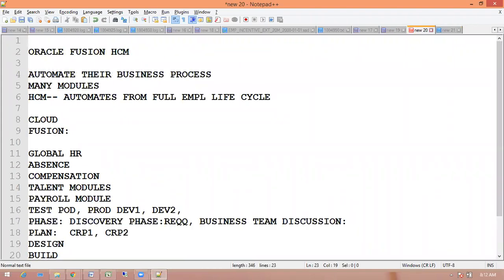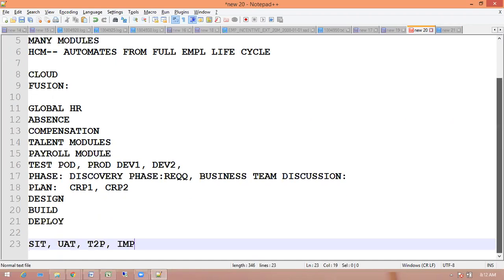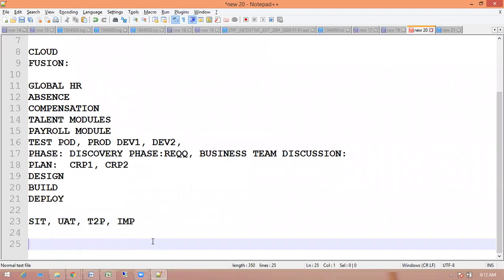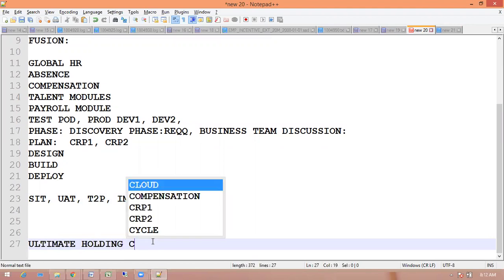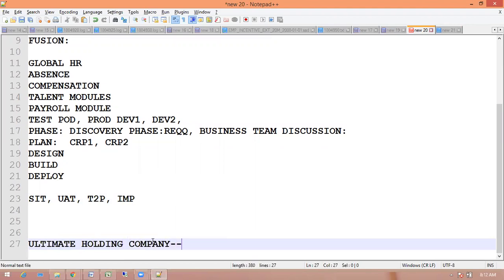So enterprise is the ultimate holding company. You can maintain the enterprise as the headquarters, where the headquarters is located.